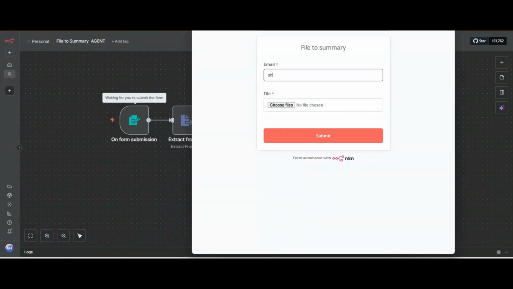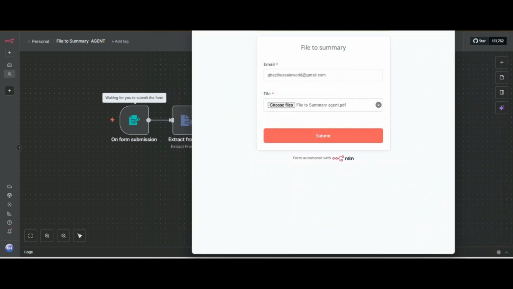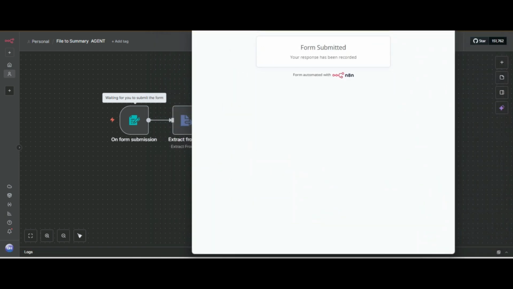So I will write my email, and then I will choose my file. I have chosen it and I will click on submit.